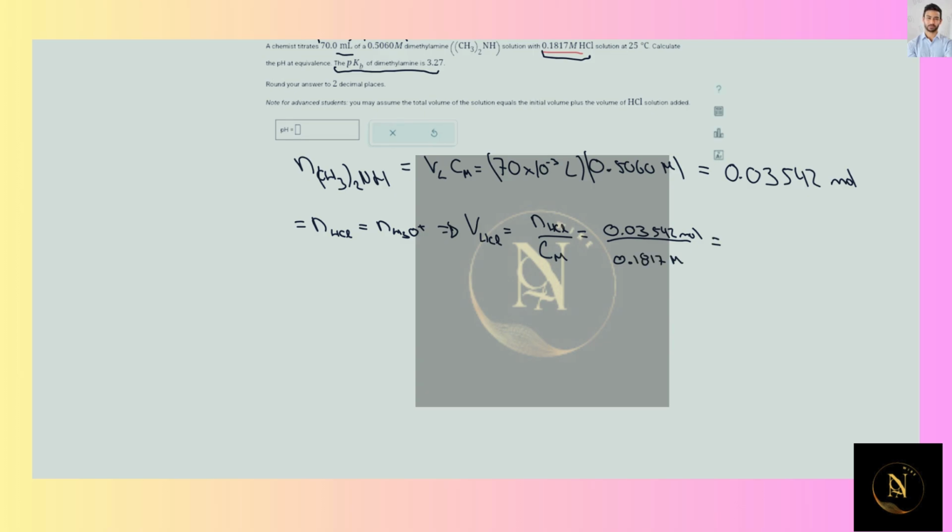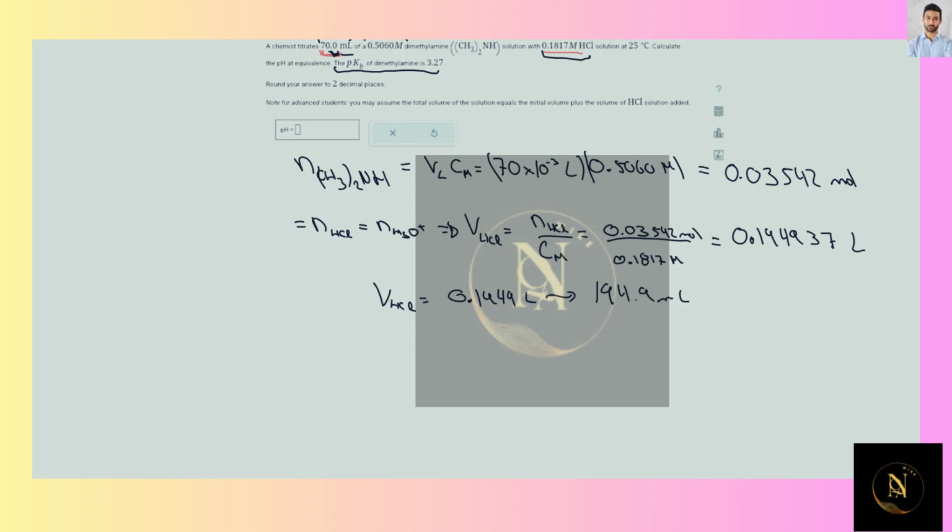This is going to give us 0.194937 liters. In this case, we need to round to three significant figures, since this is the quantity with the least amount in our calculation. So the volume required of HCl would be equal to 0.195 liters. But in this case, let's use 0.1949 just to keep up with the number that we're going to get,